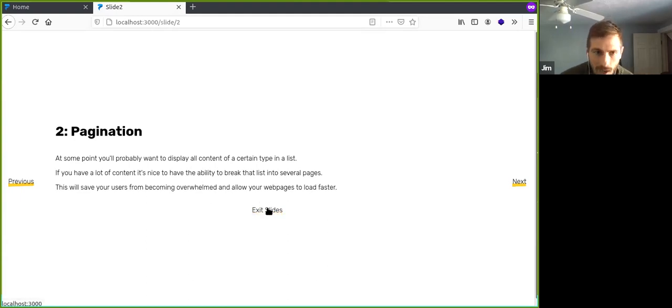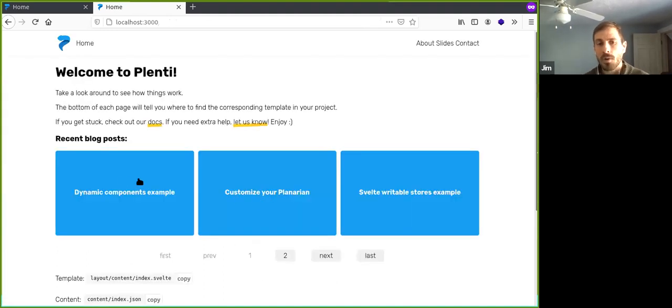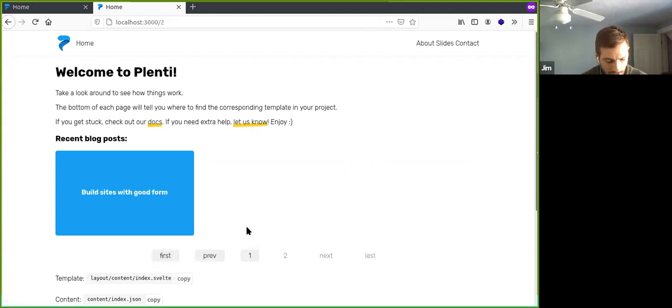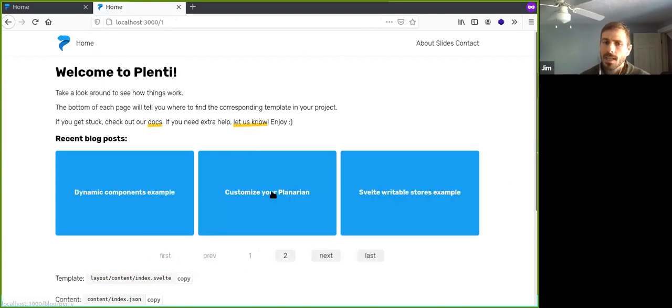But basically, what we have in Plenty, and I have this example over here on the homepage, is if you have something like a blog that has a lot of blog posts, you don't want to display all those to the users at one time, because first of all, the page would load really slow, but it'll also be overwhelming to your users to see all those pages. So for instance, we have 4 blog posts on this page on the site right now, and you can scroll between those, and you can actually hard refresh these. So I can do a hard refresh on this page here, and it knows because there's HTML fallbacks for each one of these pages, and you can click into any of these and the blog works paginated.